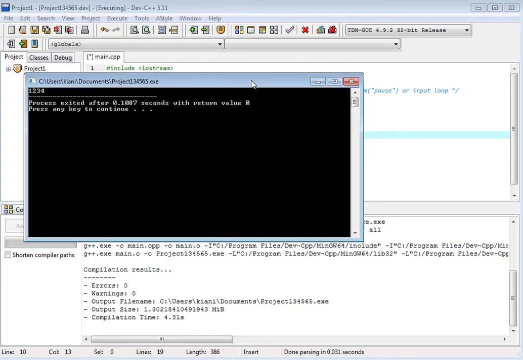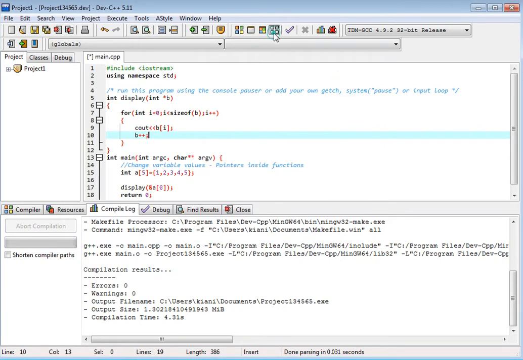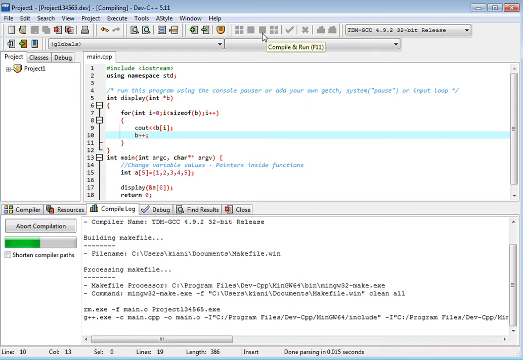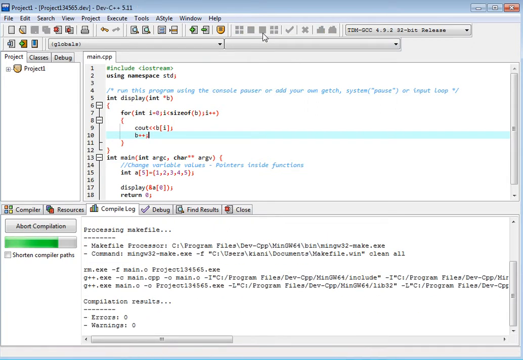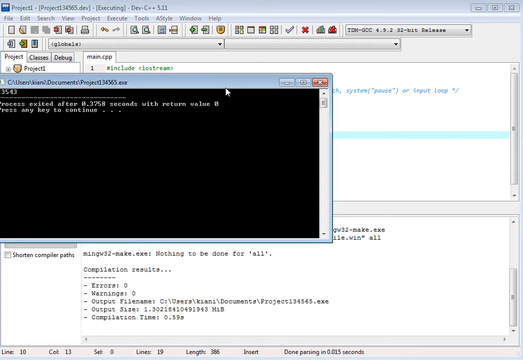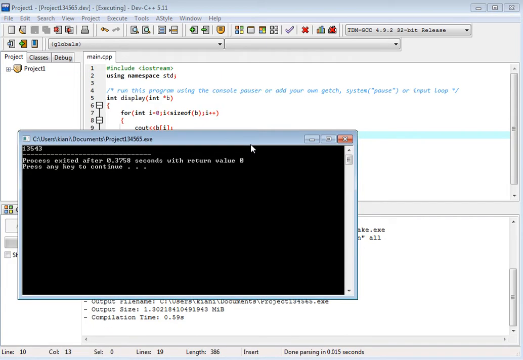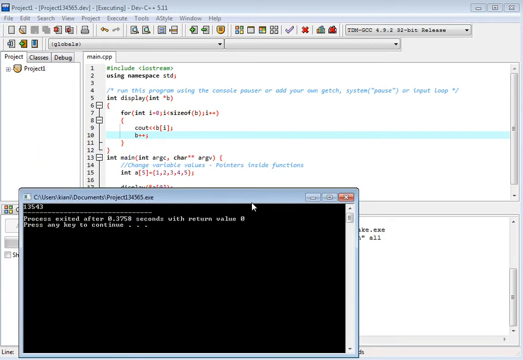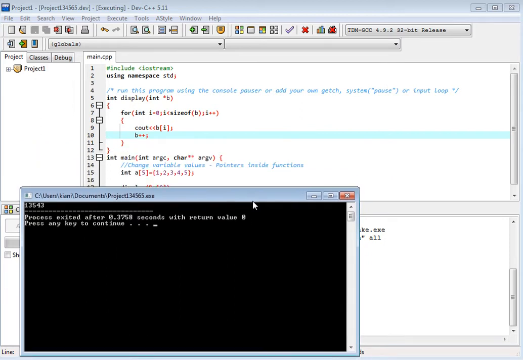You see this 1, 2, 3, 4. If we close this and compile it again to see whether it is working or not, the output is 1, 3, 5, 4, 3.